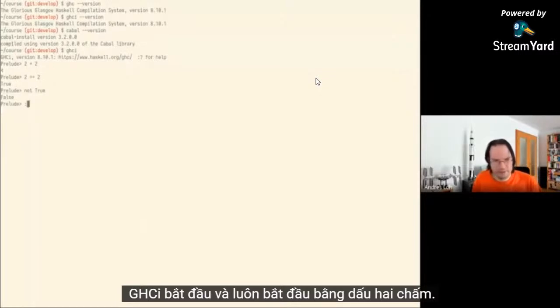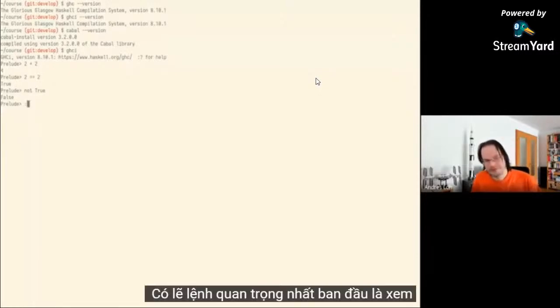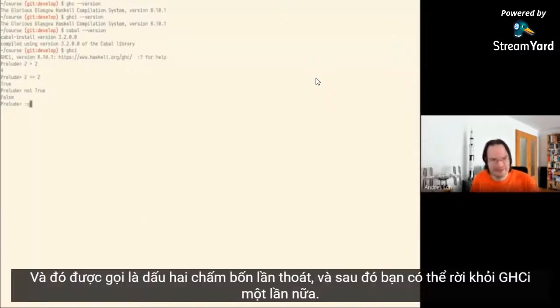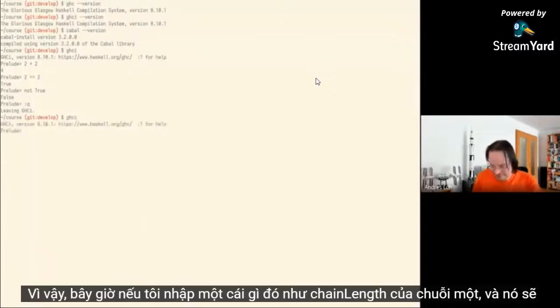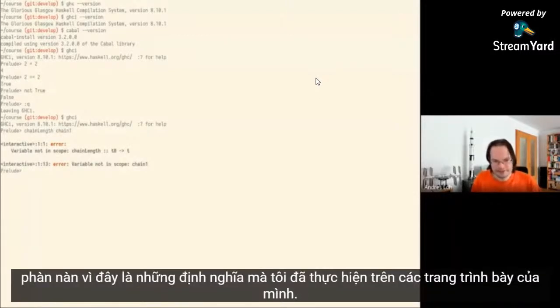GHCi commands always start with a colon. Probably the most important command initially is to see how you get out of GHCi again, and that is called :q, for quit. Then you can leave GHCi again. Okay. So now, if I type something like chain length of chain 1, then it'll complain because